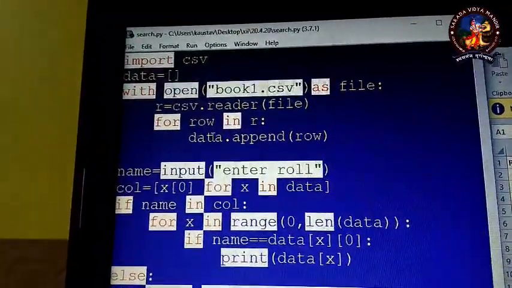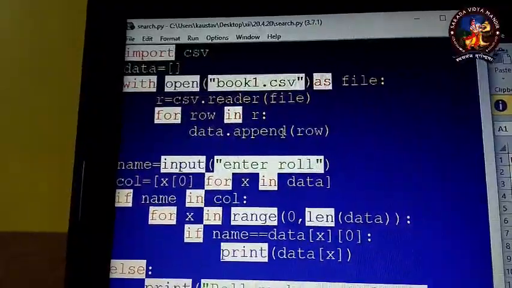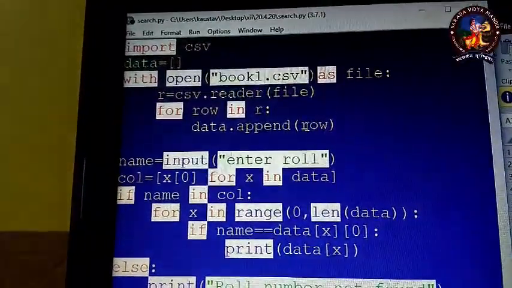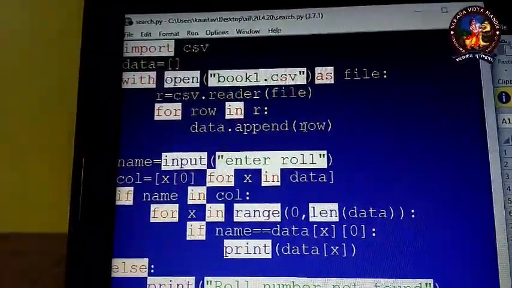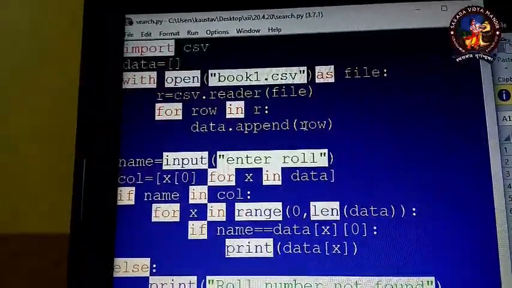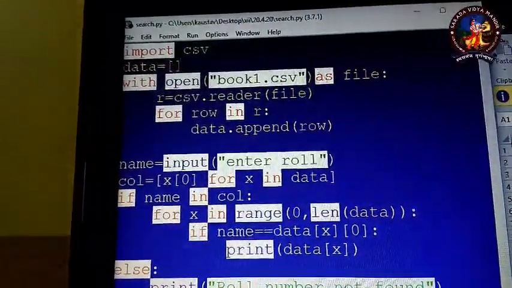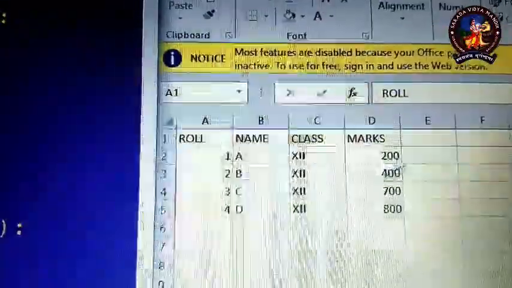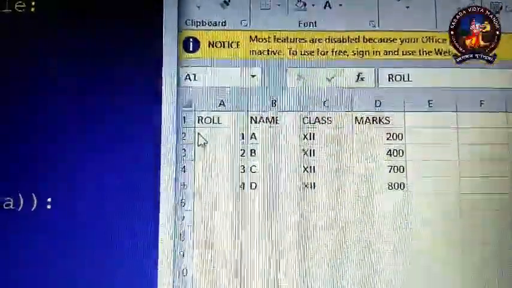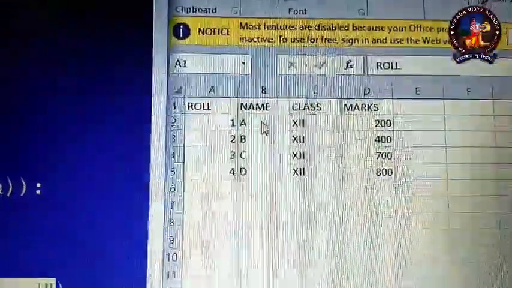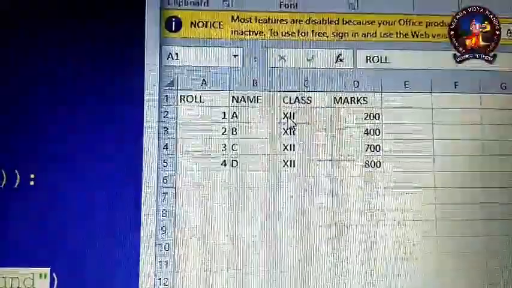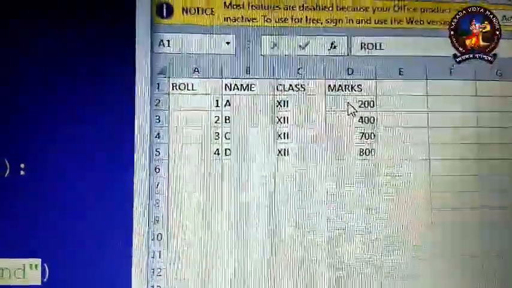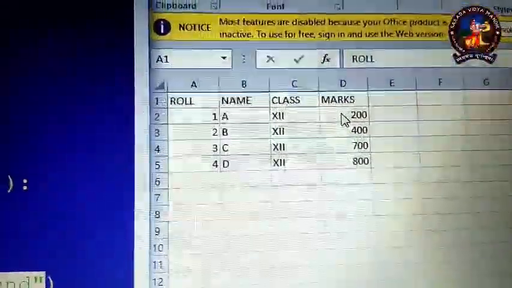With append, I have appended all the information from the CSV file into data. How will it be? Row wise: suppose roll number 1, name A, class this, and marks this. This is one component of the data, one item.